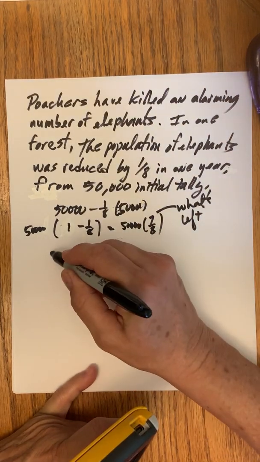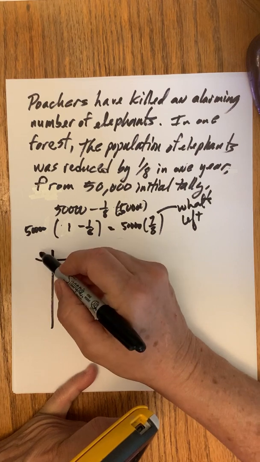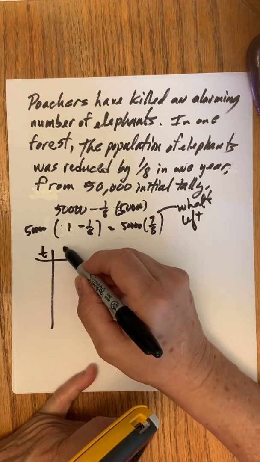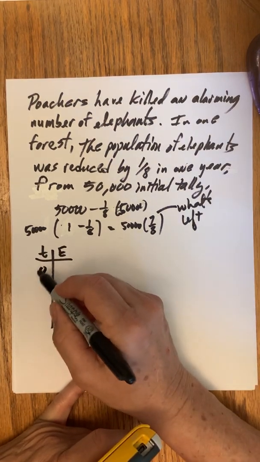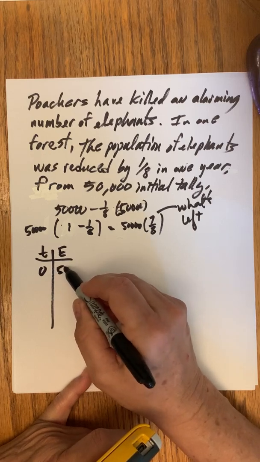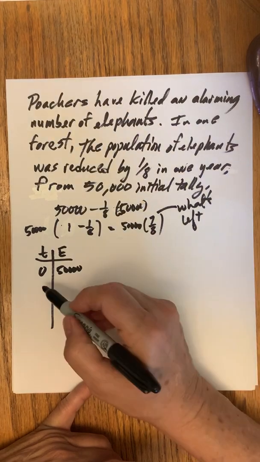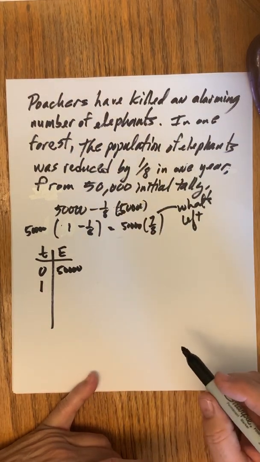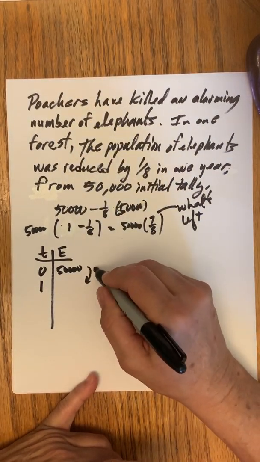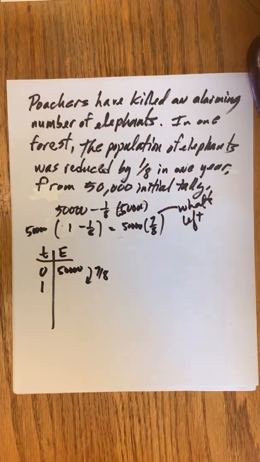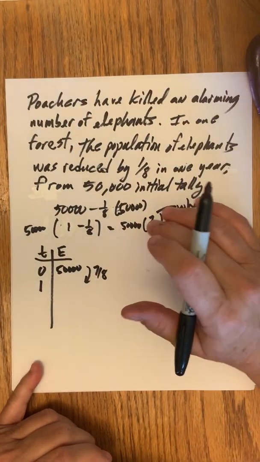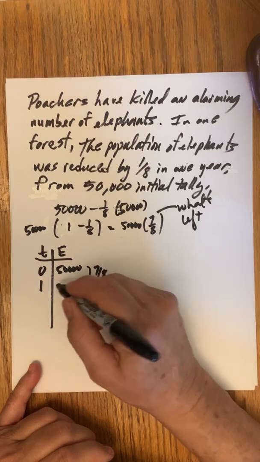You started out then in year 1 with the number of elephants. Well, at t = 0, when you first established how many elephants there were initially, there were 50,000. And then after 1 year, you lost an eighth. So you multiply by 7/8. You lost an eighth, so what's left is 7/8. So you multiply by 7/8, and you'll get